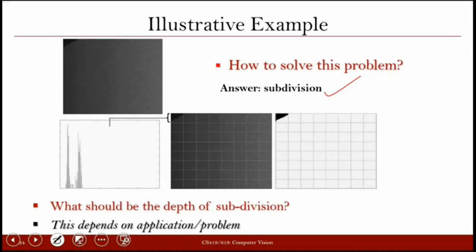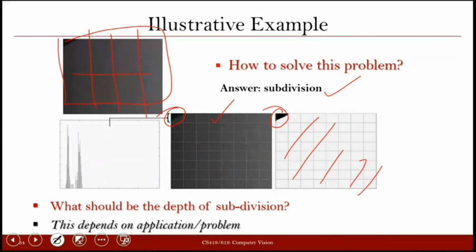In place of considering this whole thing as one region, we have further divided it into several subparts. When you divide into subparts, you see that in this particular part the segmentation is proper. In the other parts, obviously, they have one kind of pixel, so they are properly partitioned.